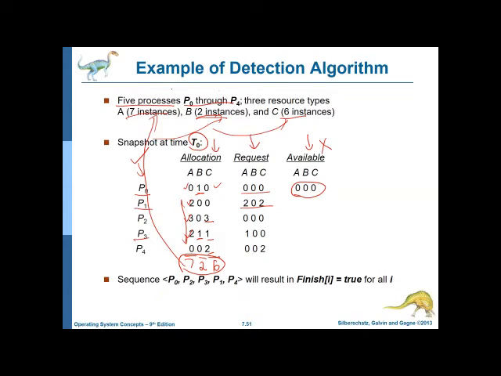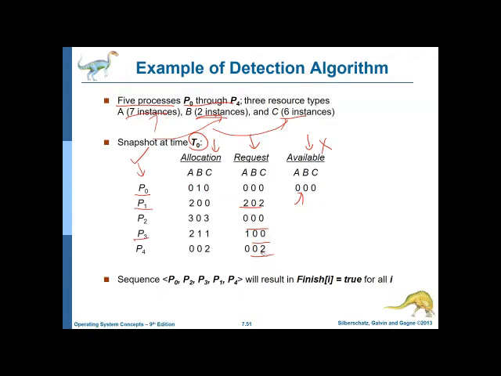Now what does that mean? Whatever was the maximum, all of them has been allocated. That is why it is 0 here. See, so nothing is remaining. Whatever was the maximum number of instances of each type of resource, all of them has been allocated for different processes in some order. So that is why available is currently equal to 0. So something has to come into available, then only the remaining requests can be satisfied.